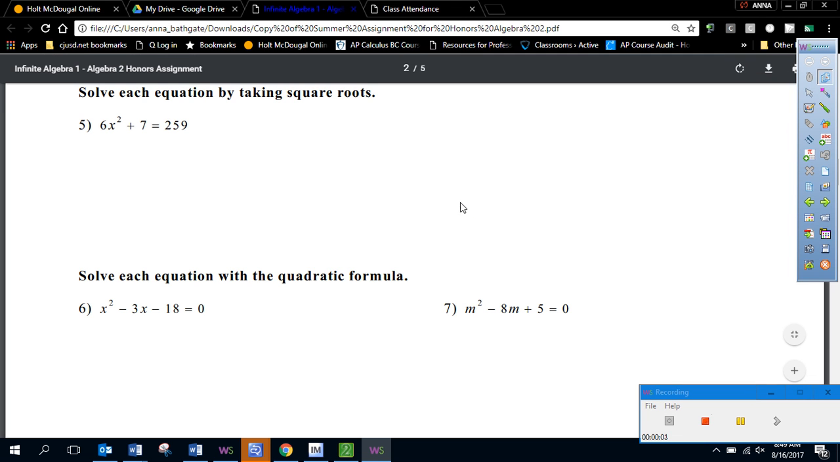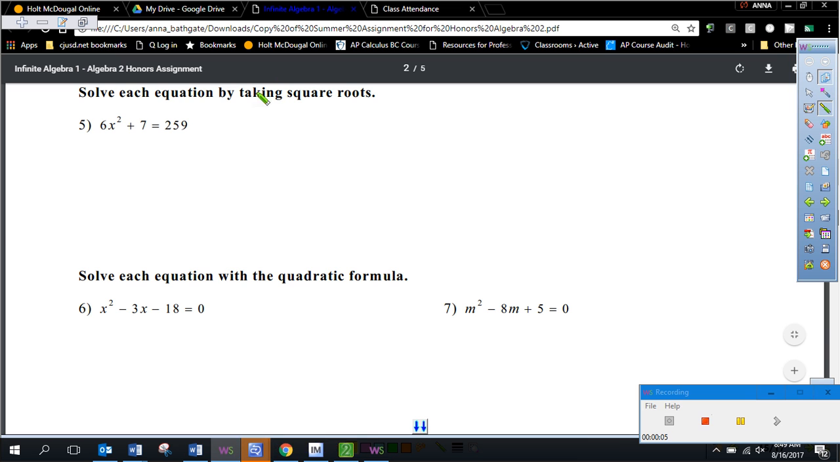To solve an equation by taking square roots, the first thing we want to do is isolate our variable. Our variable here is x squared. To isolate it, we're going to use our inverse operation. So here I have multiplication and addition happening on my x squared. So the first thing I'm going to move is my addition and do the inverse operation to get 6x squared